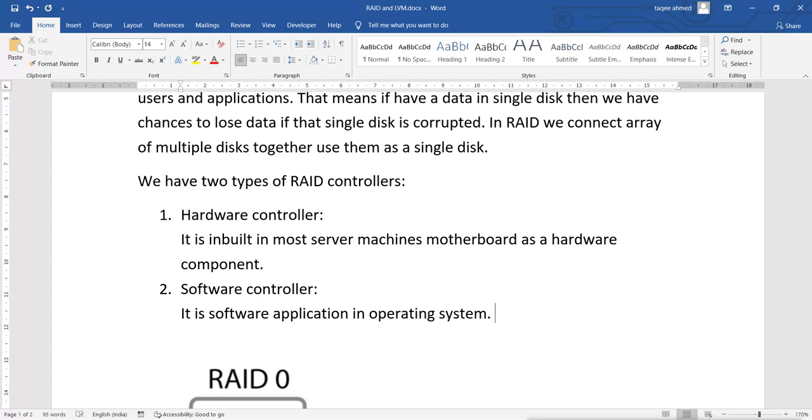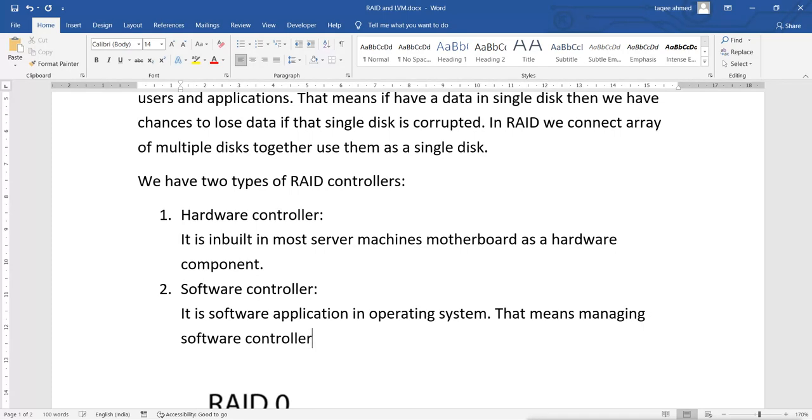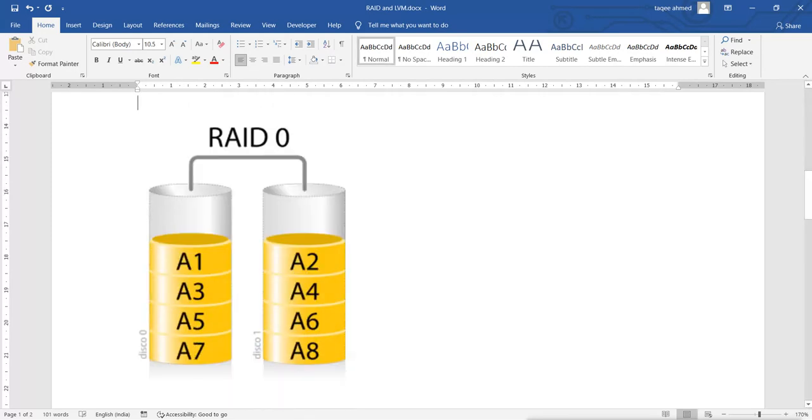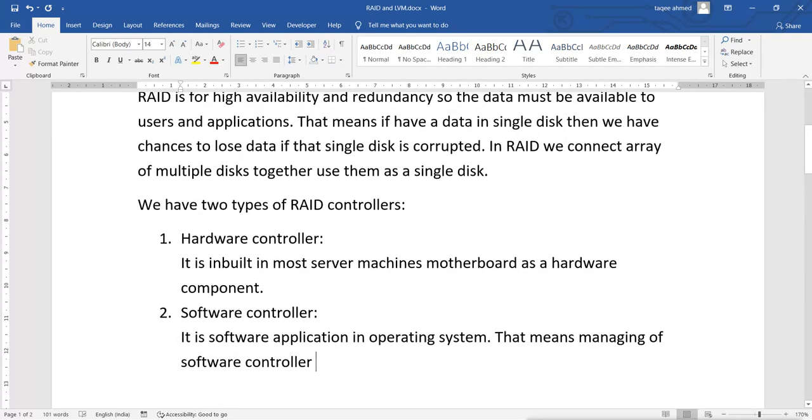That means the management of the software controller is done by the OS.